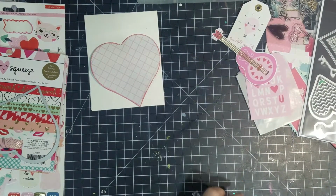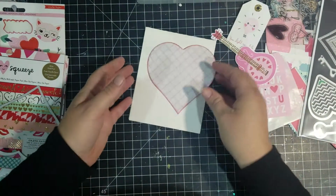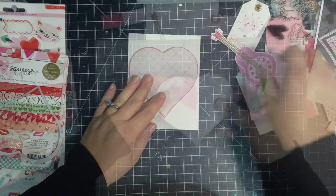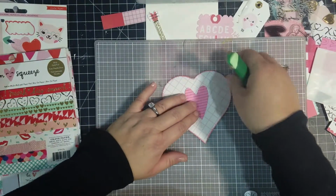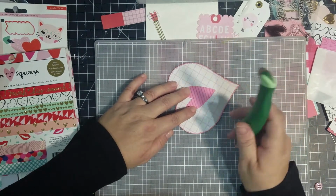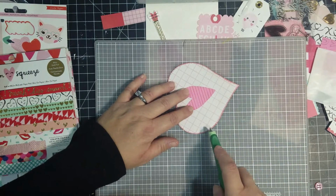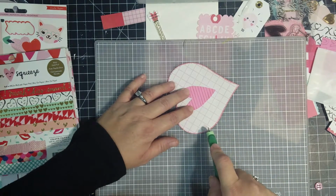So for this card, I took the kind of grid paper. It's like a light gray grid paper, pattern paper. And I took a heart that would pretty much fill up the entire card base. And I'm going to do a little bit of sewing on this card. That is not my strong suit. So I don't have a sewing machine, so I'm just using needle and thread. And I'm taking my Dritz tracing tool to make the